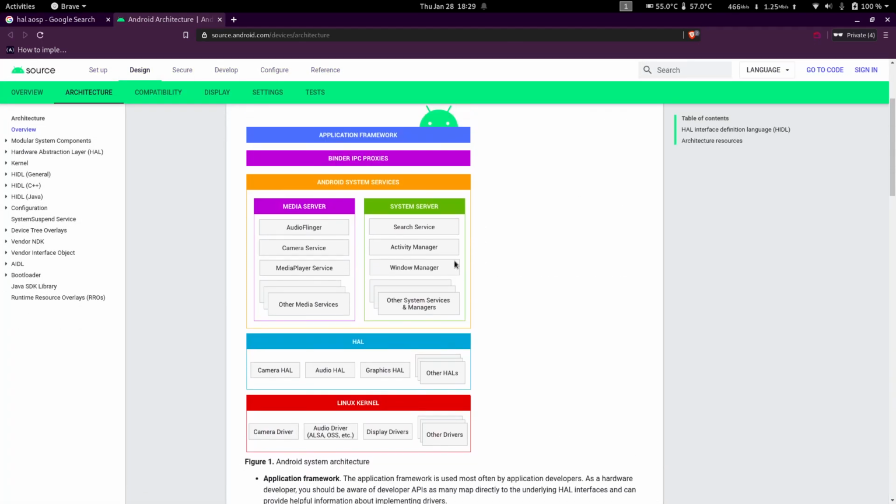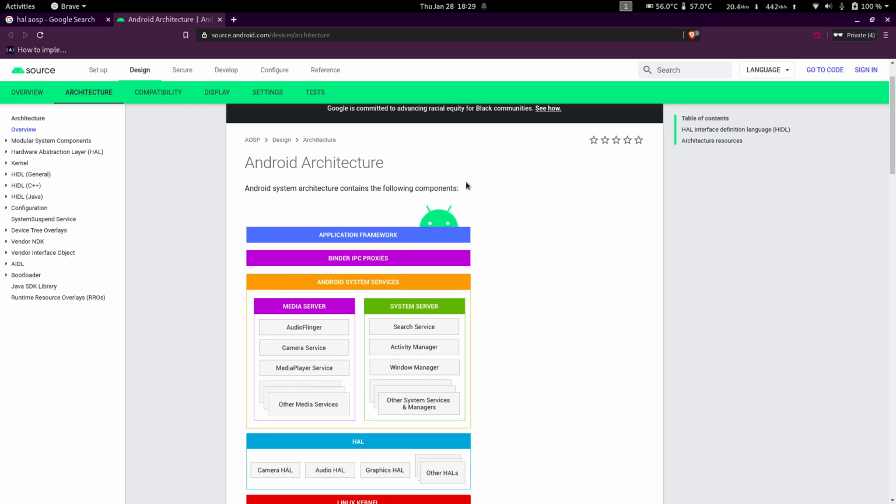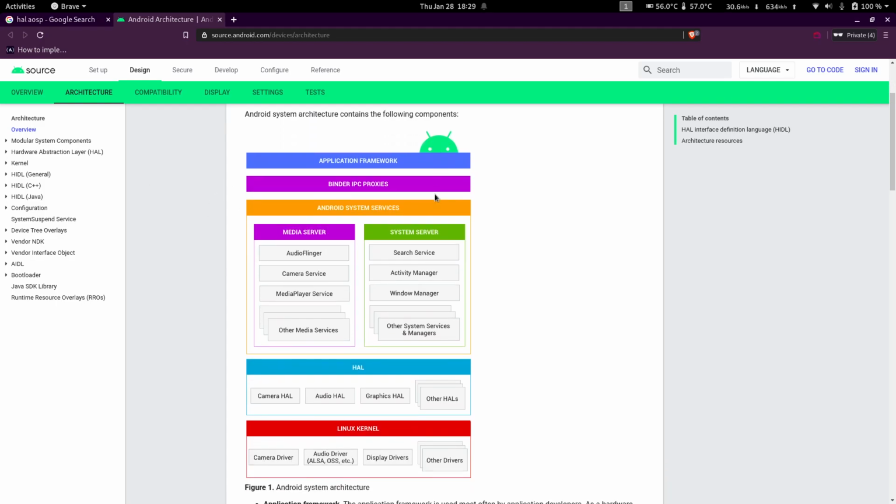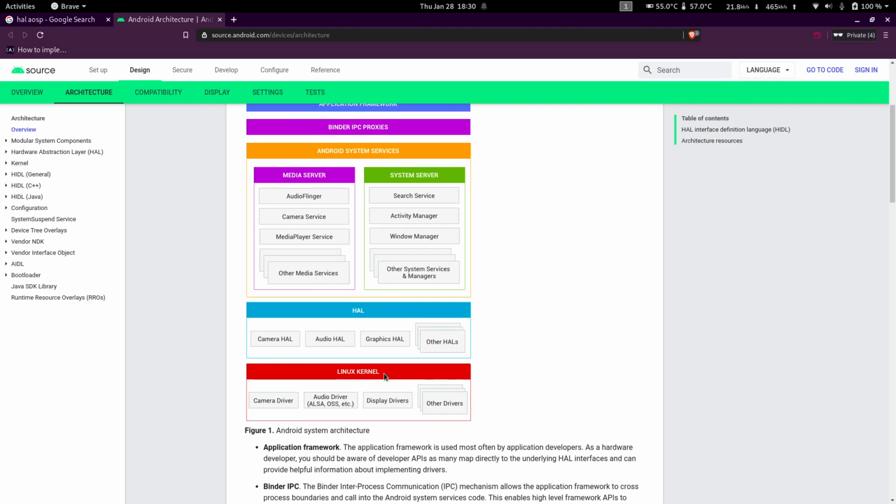Yeah, so this is how the Android architecture is basically laid out. These are our apps and frameworks. This is the lowest level, that is the Linux kernel. The HAL basically sits in between the Linux kernel and all the other applications and servers and all that stuff. You'll probably know that the Linux kernel helps the hardware interact with the software. So HALs just standardize the implementation, so it becomes simpler for manufacturers to do that.